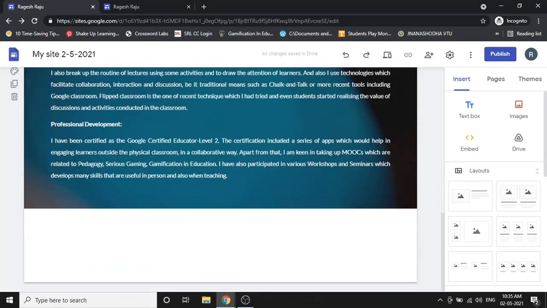Moving on, if you want to add something here, I just have to double click here. When you double click, you can see a new button comes here, right? There's a text, there's an image option, there are options to upload from your system, and there is an option to upload from the drive. Also there is an option called embed. You can either do it from here, or the same options you will get from the insert option on the right. So we will see what the embed option is.